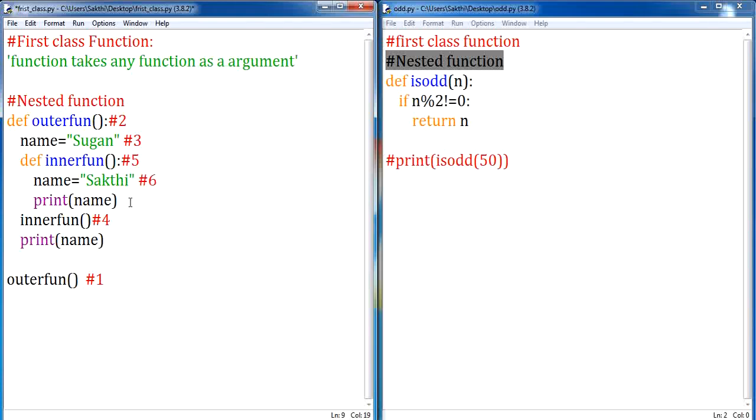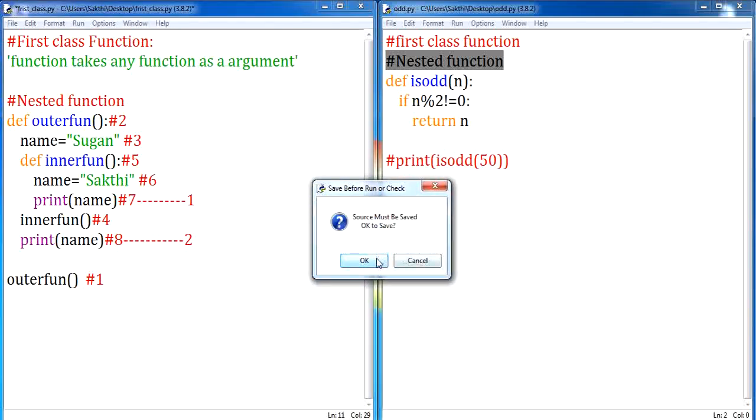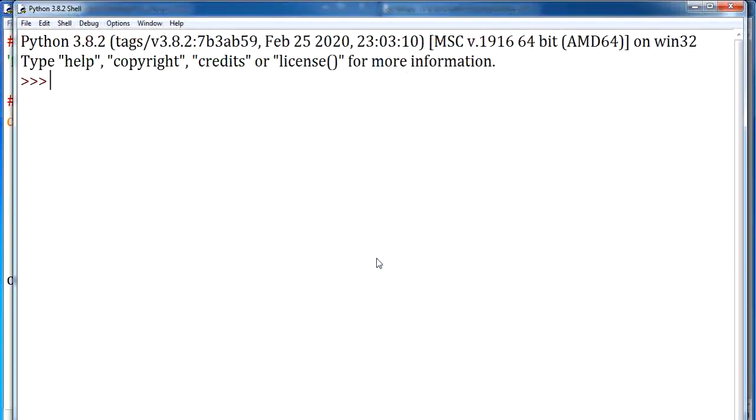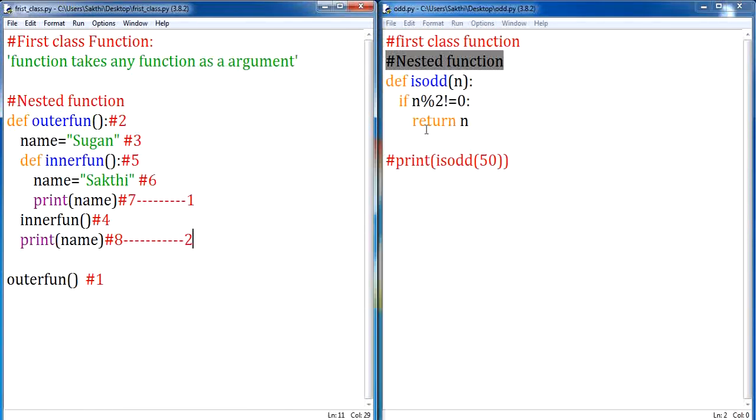And what happens at your seventh line of execution? The data will be printed. This is the first data to be printed. And after this, all the operations of your inner function are done and it comes to the next line here. This outer function carries a value Sugan. So Sugan is going to be printed. Clear? Now let me execute this. You can notice that your output is displayed as Shakti Sugan, not Sugan Shakti. Clear? This is how the order of execution happens in your nested function.